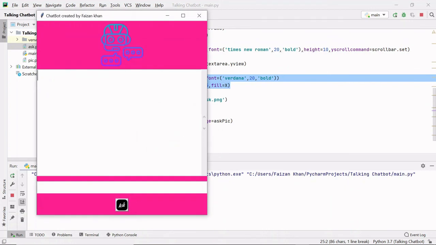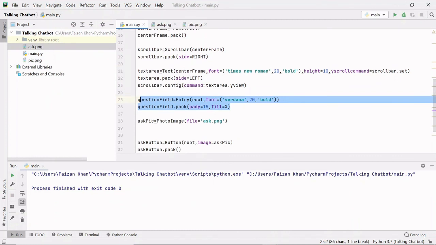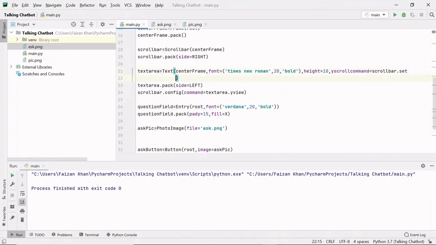Now one more thing, here if I write my name and move this name onto the right hand side like this, you will see each character is going to a new line instead of complete word, right? So I want a complete word should go to a new line. For that, inside this Text class, I have to mention one keyword argument which is wrap, and here I'll pass value as word.